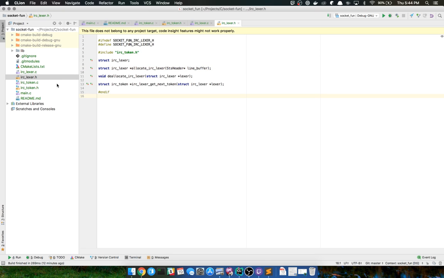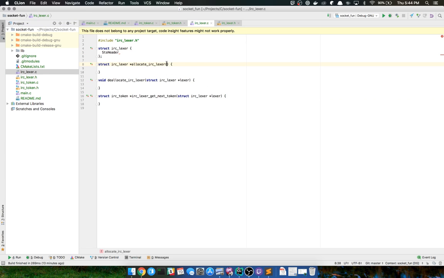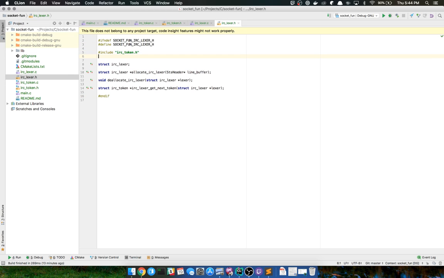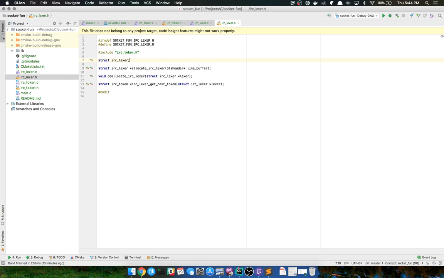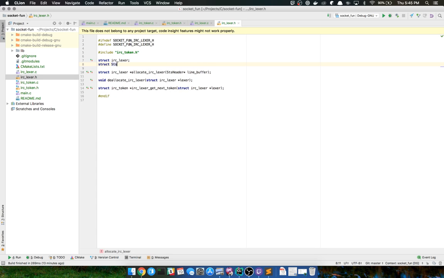Since we're already dealing with lines here, I'm just going to call that the line buffer. Cool. Then what I'm going to do is include the header, because it needs it. Forward declare that.